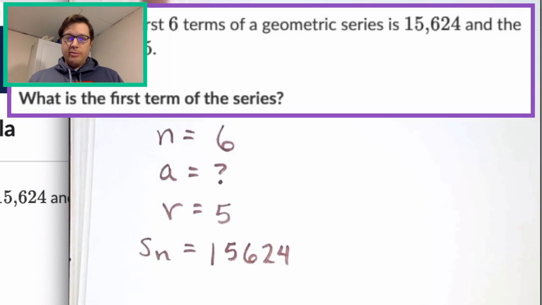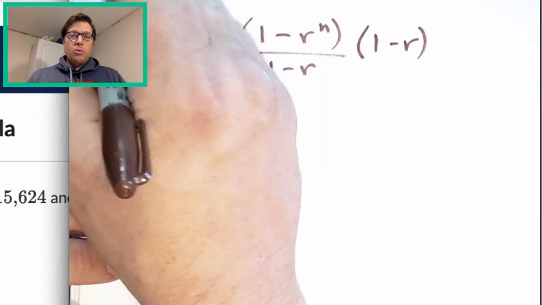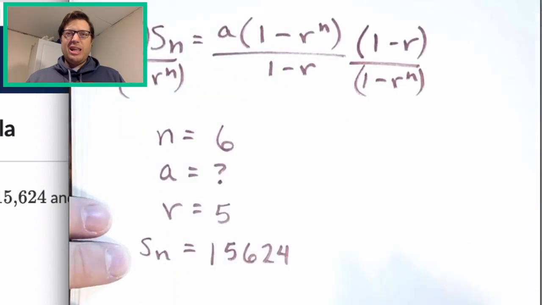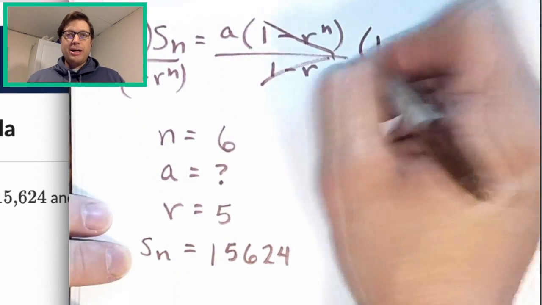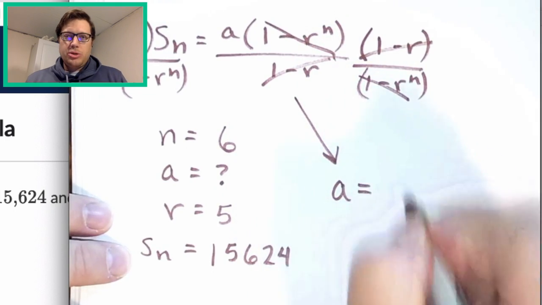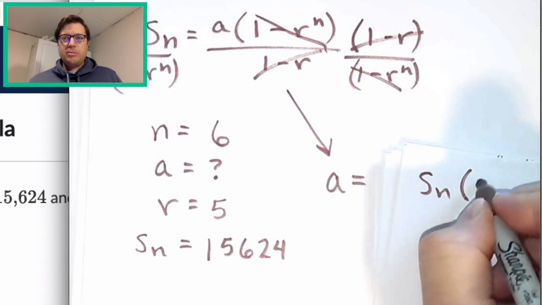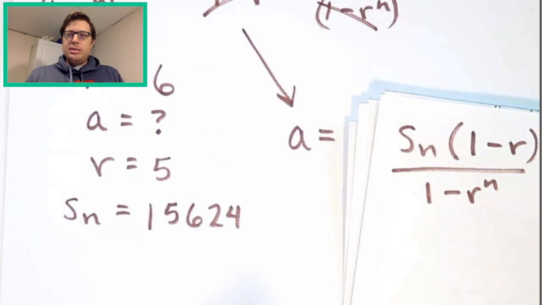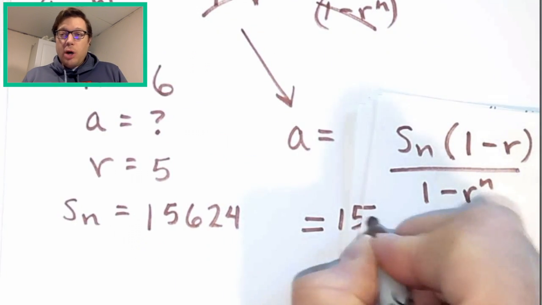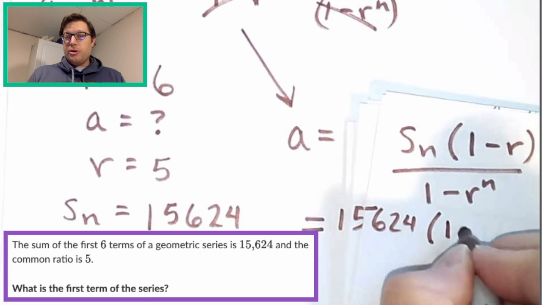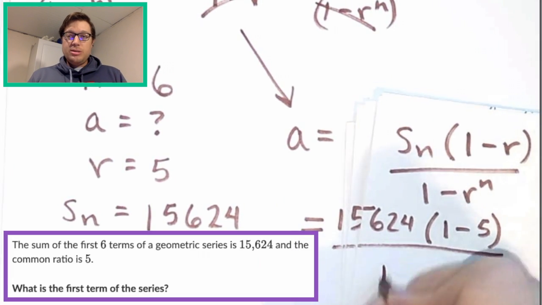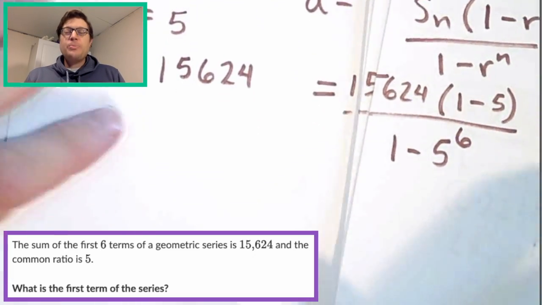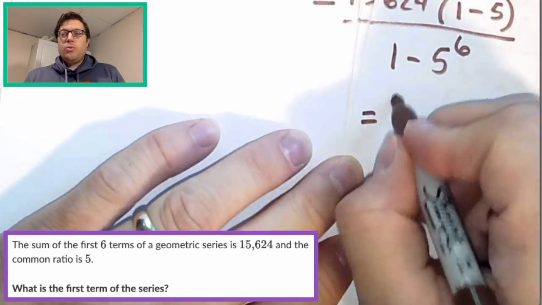Or, and this is going to be helpful with using Desmos, we're going to solve the formula to get the a or whatever term by itself. In this case, most of these are just a or, I'm sorry, s sub n. They're not going to ever be r or n. That's a little too complicated at this stage. But the point is you can plug them all in. So we're going to plug in the fact that the first term of the series we need to know, but we know what it all sums up to, and ultimately we get